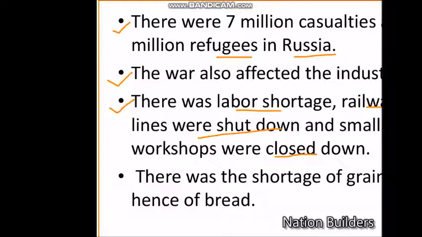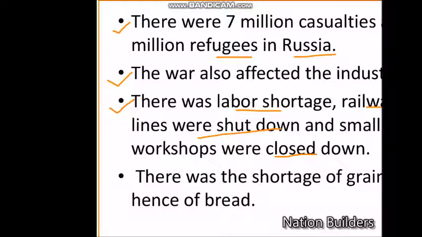The war also had a severe impact on industry. Russia's own industries were few in number and the country was cut off from other suppliers. So they depended on other countries, and those supplies were closed down. This affected the industrial region of Russia. Industrial equipment disintegrated more rapidly in Russia than elsewhere in Europe, and more easily than in other countries.